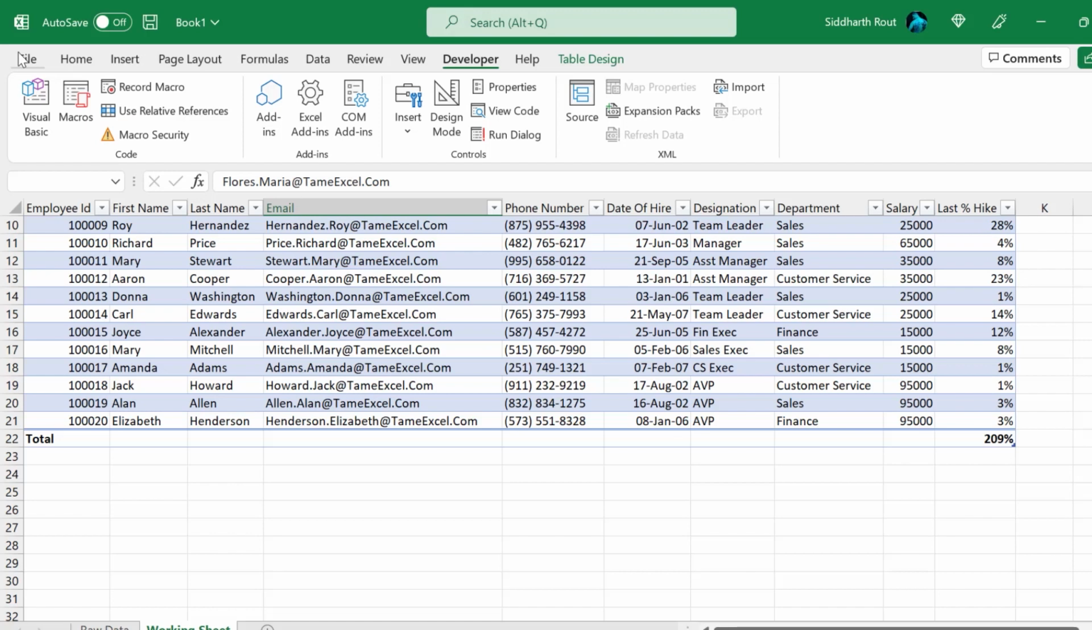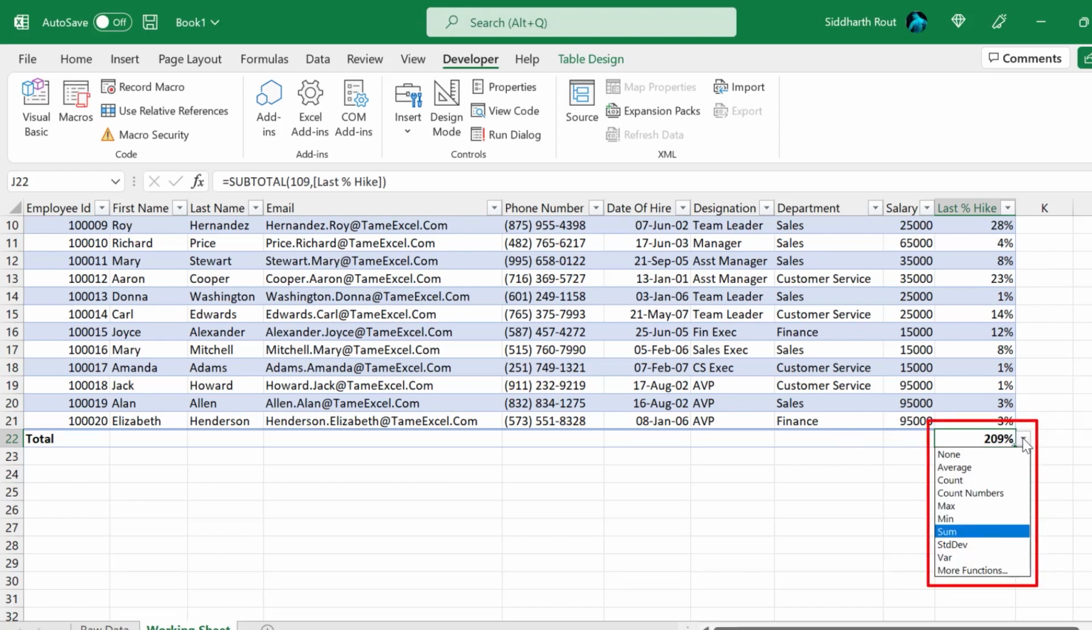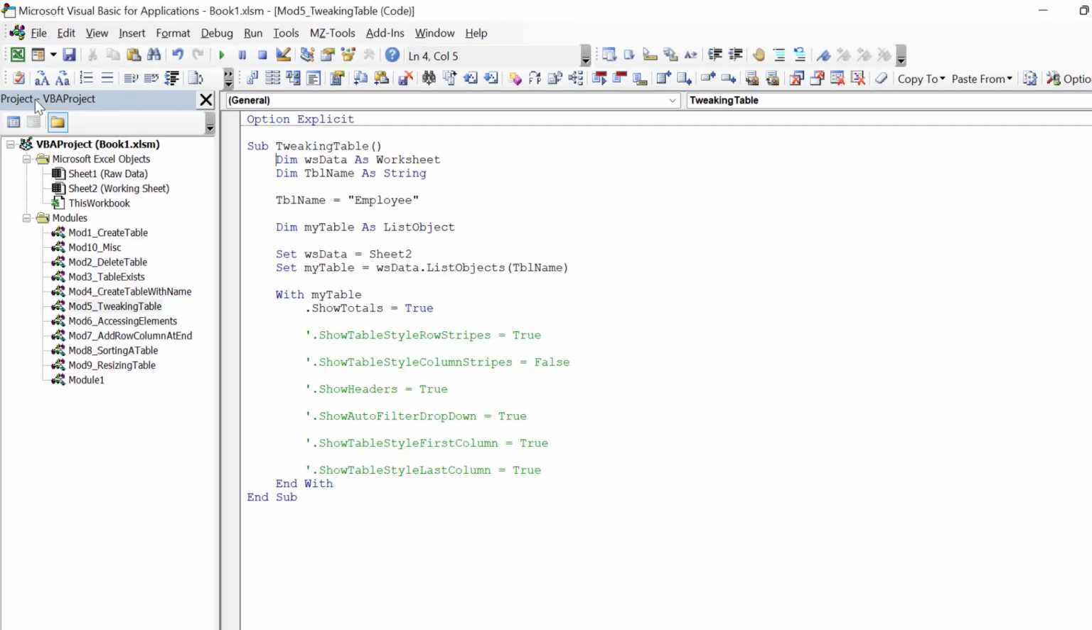It can be sum, minimum, etc. So if I click on this and if I click on this drop down, you will see Excel gives you options that you can choose. You can display average, you can display count, you can display max, standard deviation, etc. The next property that we will try to understand is